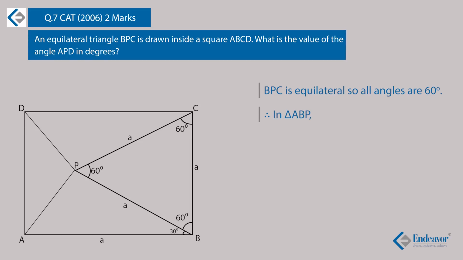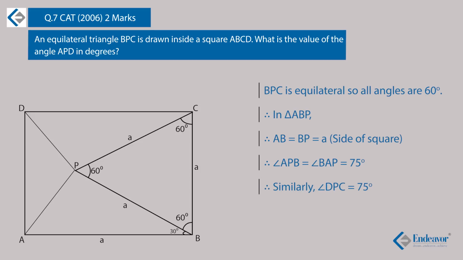Now in triangle ABP, we know that AB and BP are the same. Now how is that? Because it's a square, all sides are the same, and the equilateral triangle has one side as the side of the square, and therefore the sides AB and BP are the same and both are the side of the square. Therefore angles BAP and BPA will both be equal to 75 degrees, because they are the remaining parts of the triangle whose one angle is 30 degrees, and we know that the sum of all angles is 180. Now the moment BAP is 75 degrees, we can similarly prove angle DPC will also be 75 degrees, and